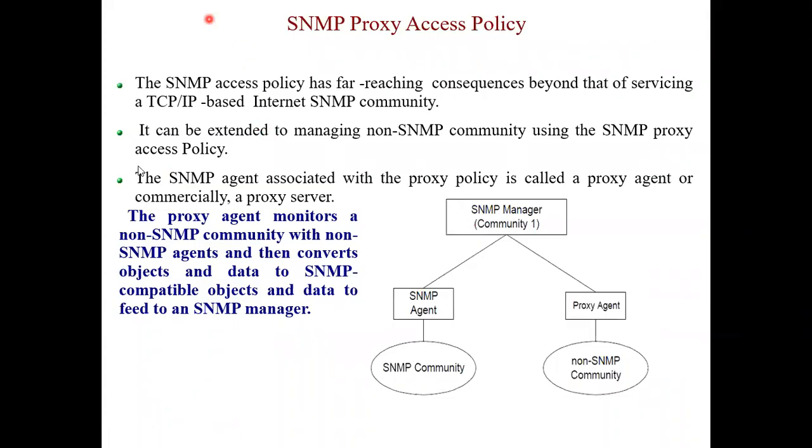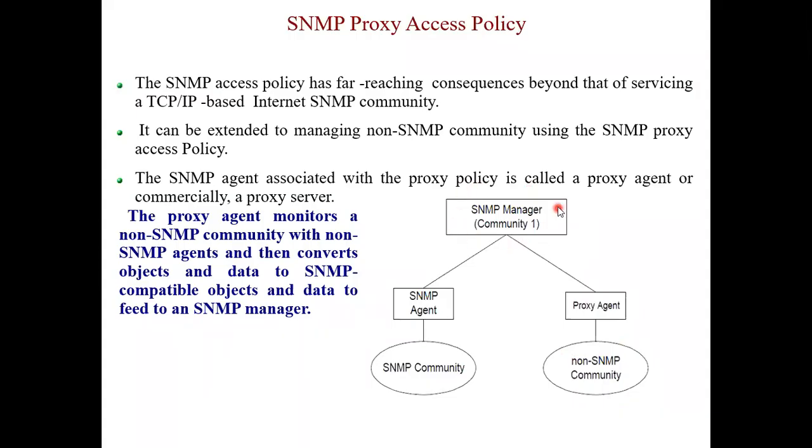Now considering the SNMP proxy access policy, this proxy server organization model we had seen. So similarly, we have the proxy server access policy. Here we can see that there is an SNMP community. One person belongs to the SNMP community. The other, the network object, belongs to the non-SNMP community.